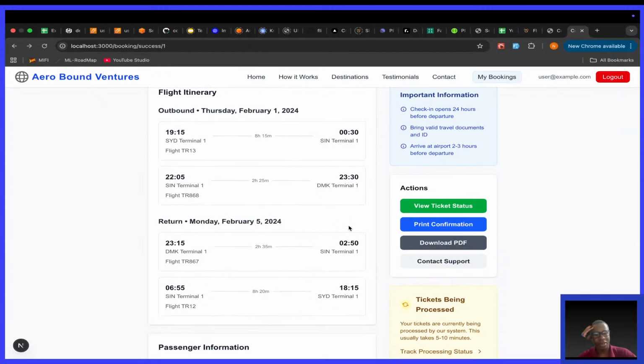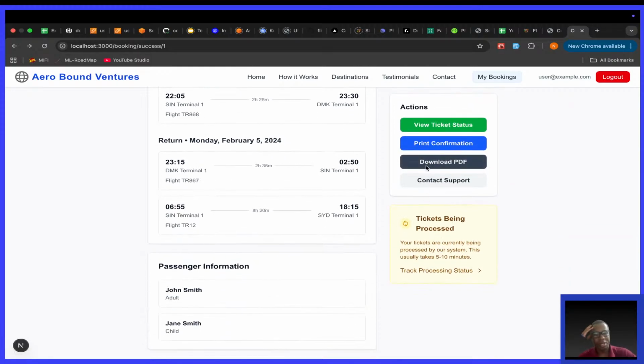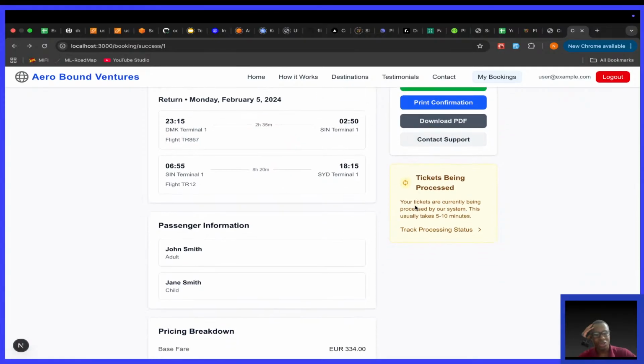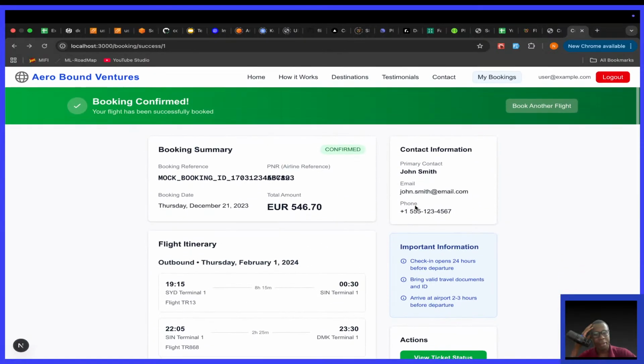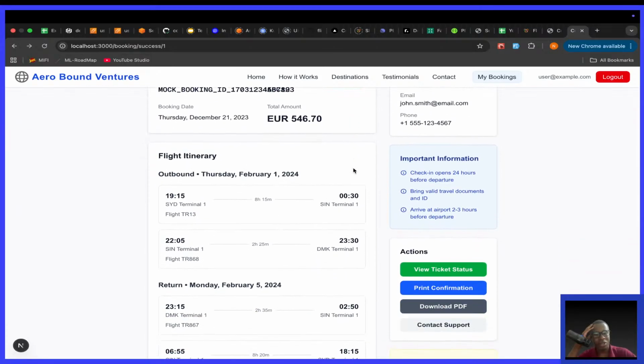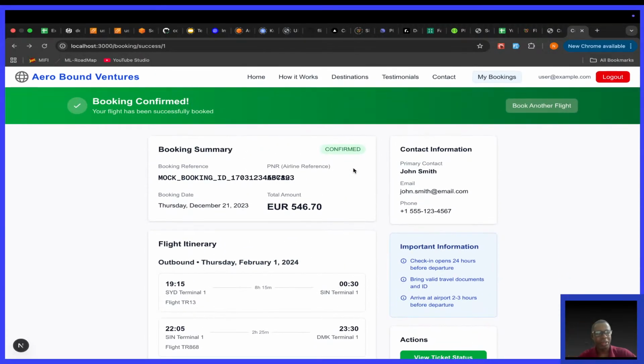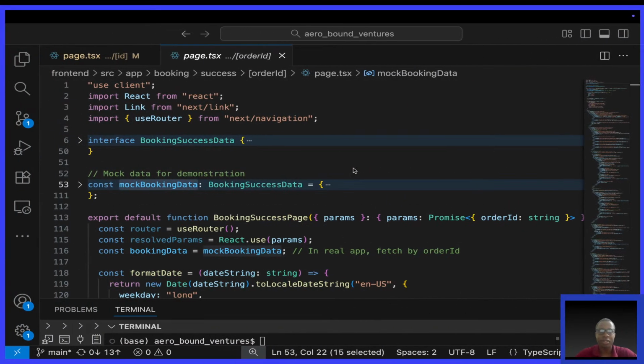So all these things like view ticket status, print confirmation, download PDF, they shouldn't actually appear. We need payment, so we need to put a message saying maybe make payment in order to receive your ticket. So what I can do is simply,